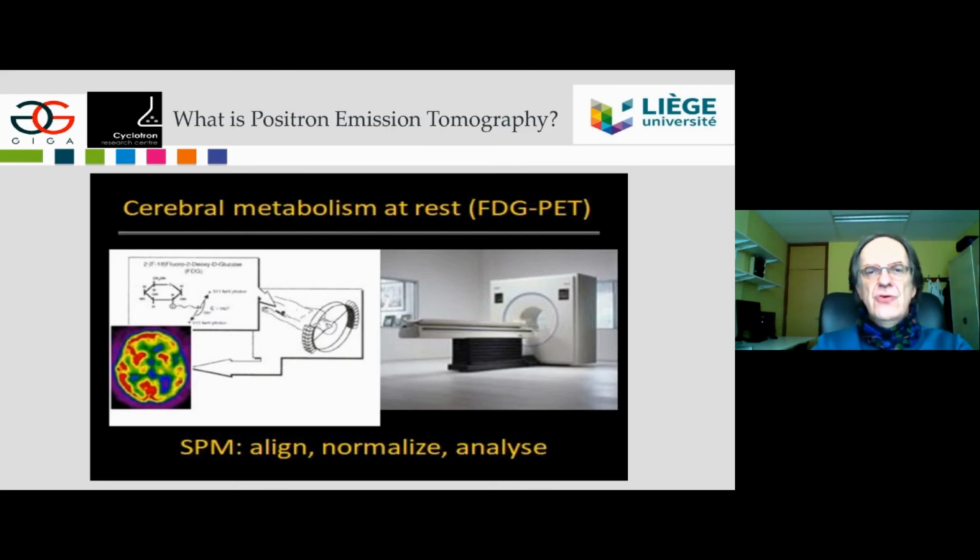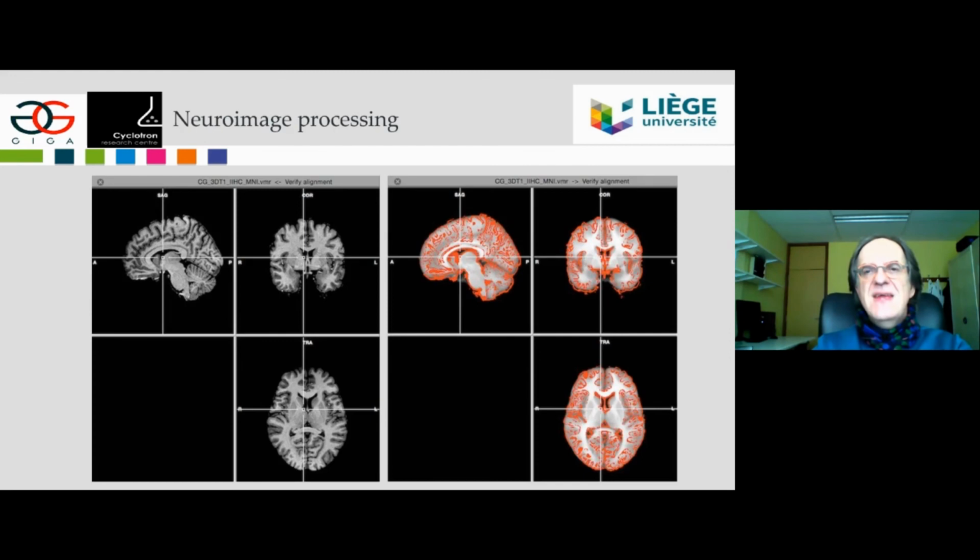So what you do is that after you obtain your 3D volume, you then need to rely on templates and on anatomical marking,